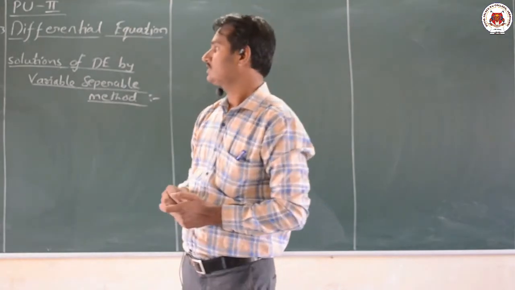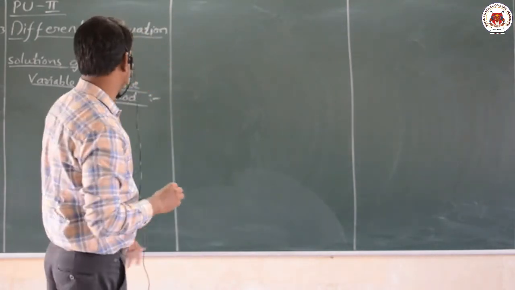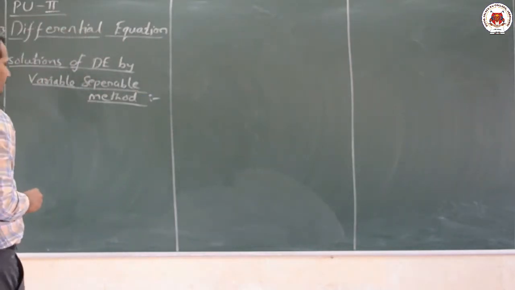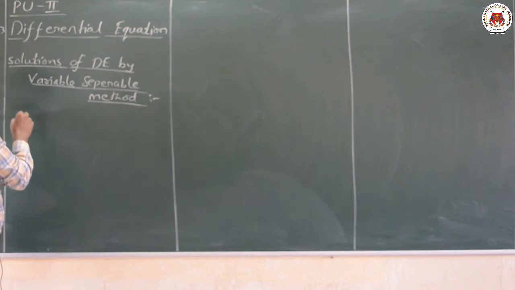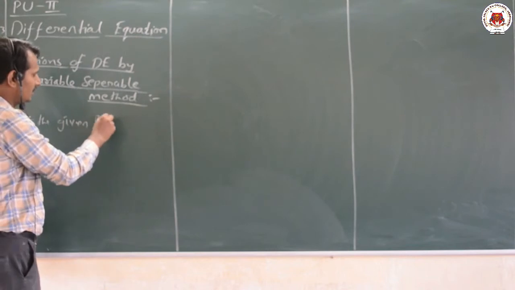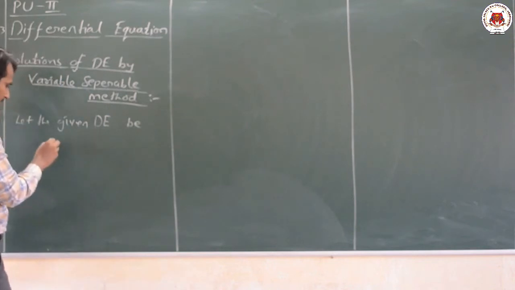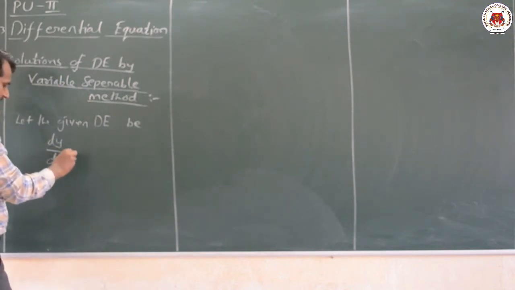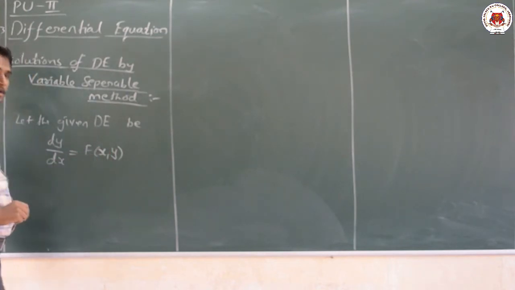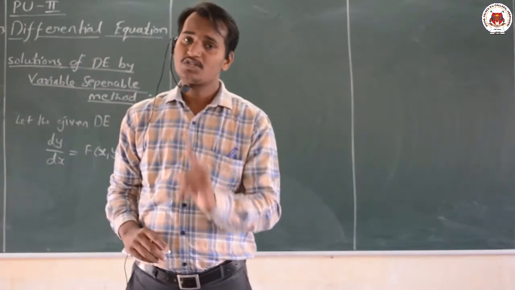So now, dear students, let us start with the next method, that is the solution of a differential equation by the variable separable method. Now let us begin with it. Let the given differential equation be dy by dx equal to f of x comma y. Dear students, in this whole chapter we are discussing only